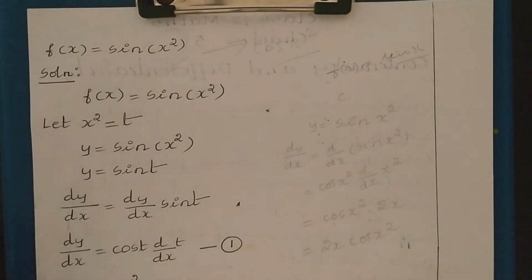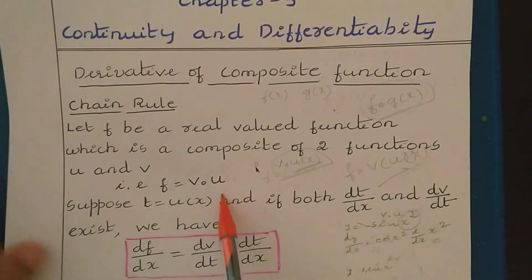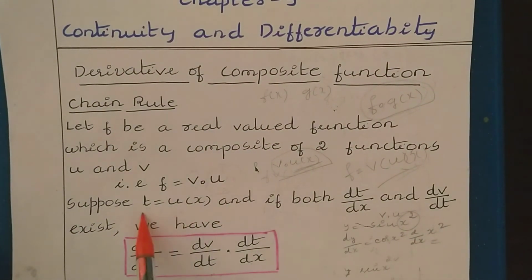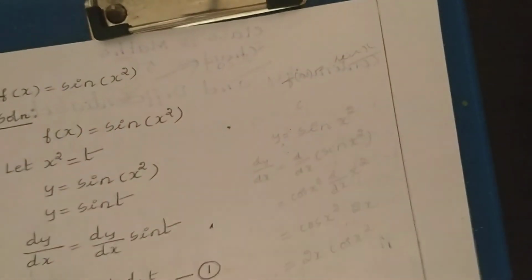So to apply the chain rule, see, first of all what we do is, if we have two functions, then we take the first function we differentiate, then second function we take as t value. That we have discussed here. See, you can see v and u we have. So this we take as a t and this first we differentiate. So the same thing you have to do here.